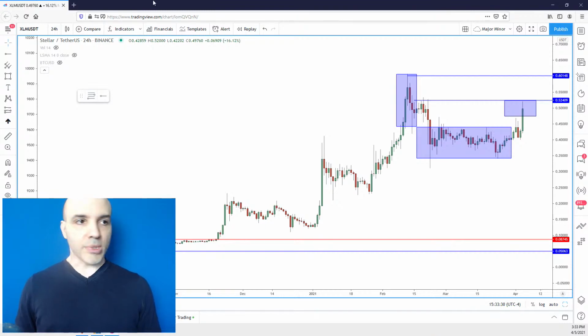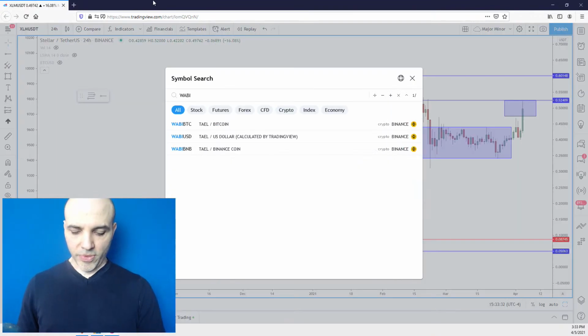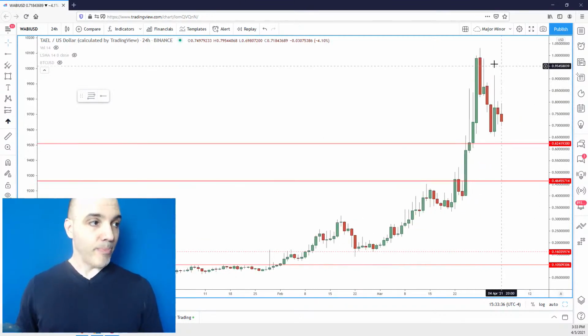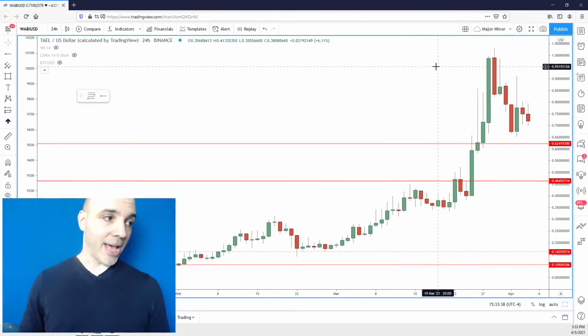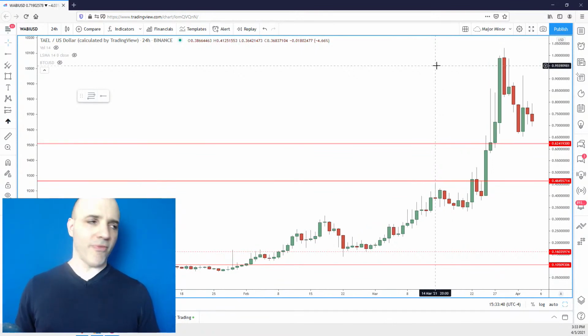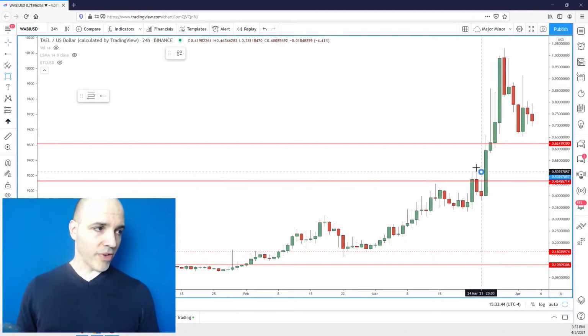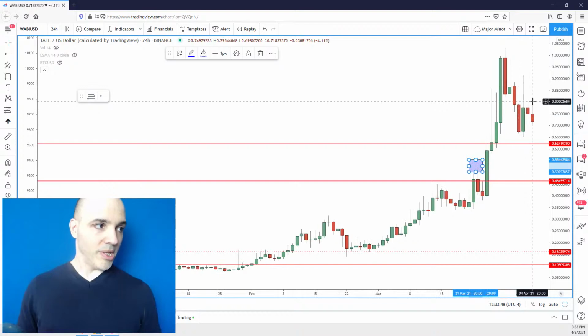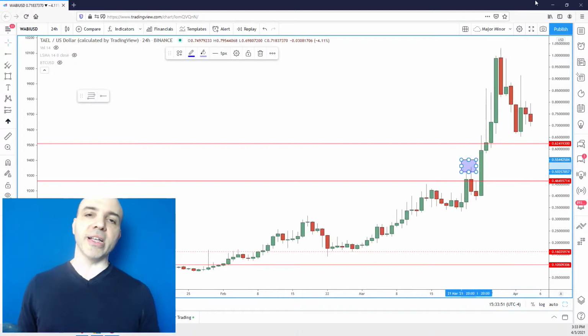Wabi. Yeah, so Wabi, this is another one. This was one way back, way back, right? Actually, I had a bunch of this, and I got out of it because it was just underperforming. I got out of it near a high, okay? But of course, that was like over here somewhere. Of course, I missed the biggest move that there was in this piece of garbage coin. This thing, I think, got really hot because of all the NFT stuff.